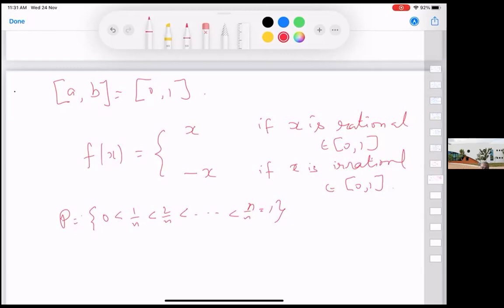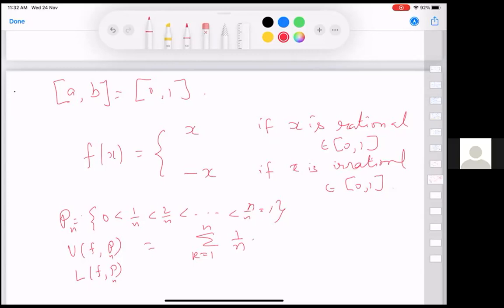So for this partition, call it P sub n, can one guess what is the upper bound and what is the lower bound? The length of every interval is only 1 over n. So that is summation 1 over n times